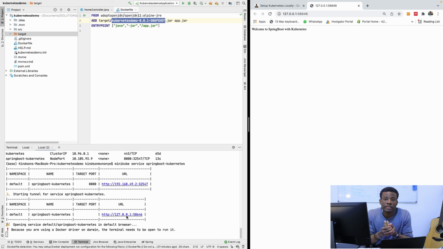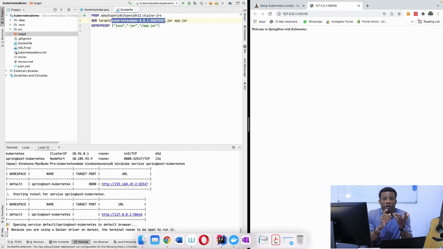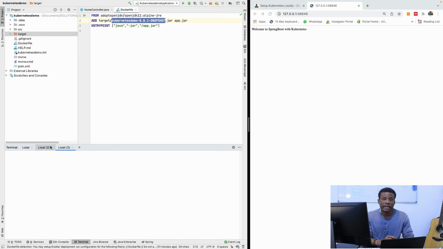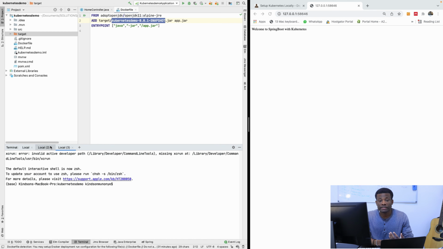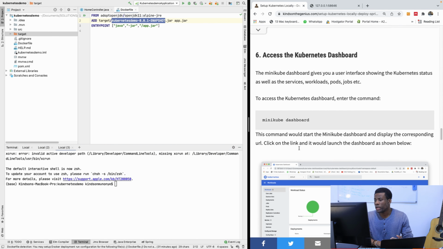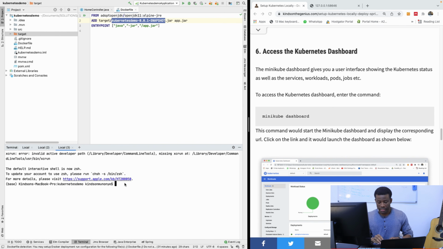And now we've deployed to Kubernetes. We have one cluster, one node, one pod, and you see how to check all of these. But now we need a way to access this from a UI, from a dashboard. We need a dashboard to access it from a UI, and that is why we can use the Minikube dashboard. So I'm going to say minikube dashboard,